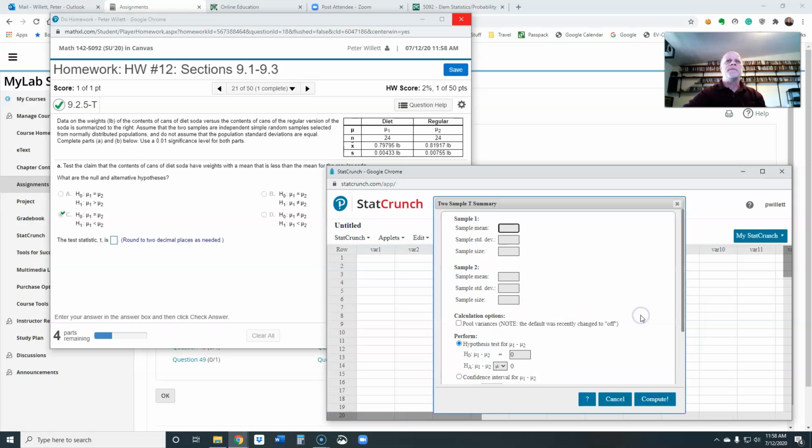If I click on that, then it wants information. It wants the mean, the standard deviation, and the sample size from each, and then we can go down here and look at the hypothesis test that we're doing. So let me put those values in. The mean value was 0.79795 for population 1. The standard deviation was 0.00433, and the sample size was 24. And for number 2, it was